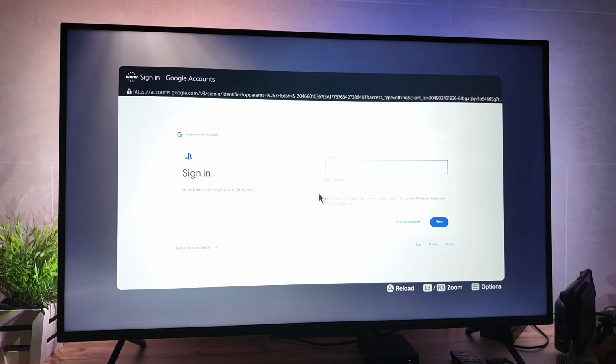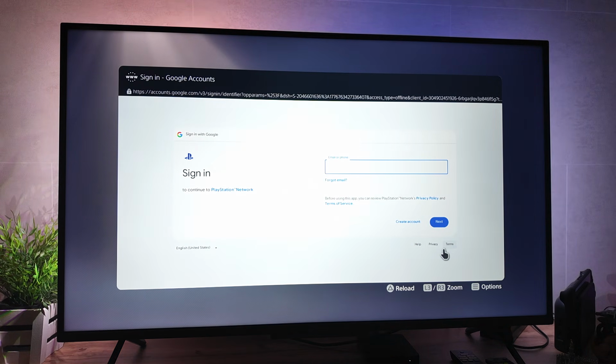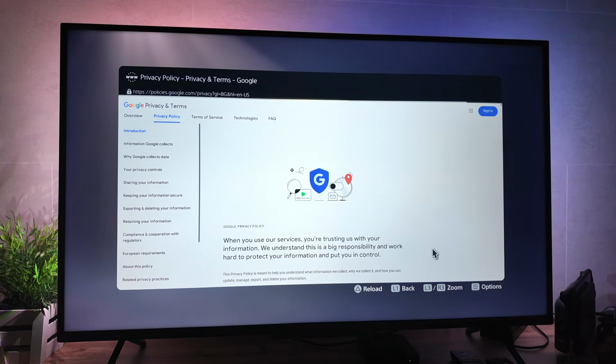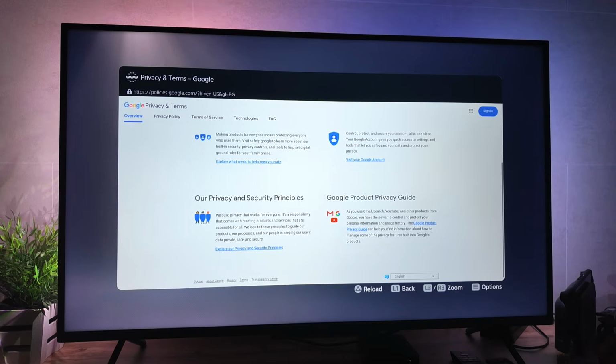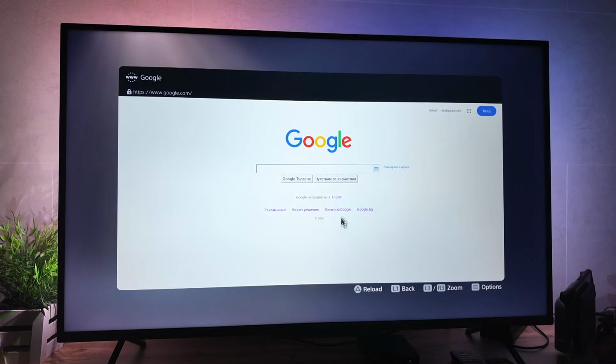Once you click on use browser, here we will need to select privacy. So click on privacy. Now go and click on the Google logo in the top left. Now from here you want to scroll down until you see Google right here. So you just want to click on Google, and just like that you will have access to Google and you